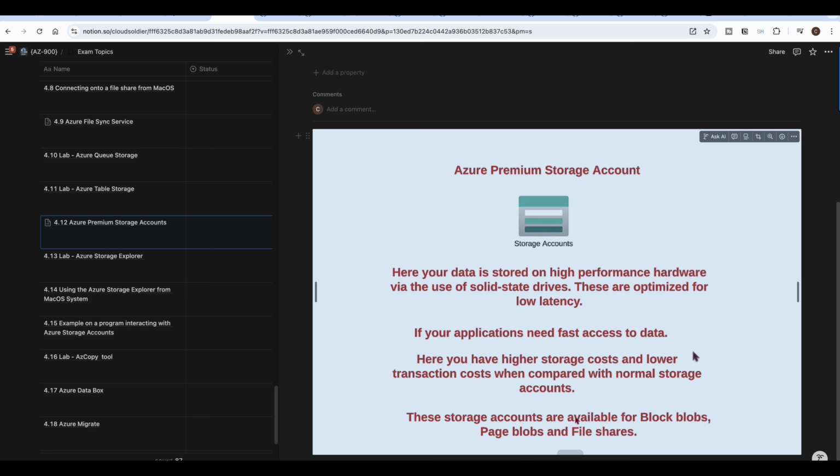These storage accounts are available for block blobs, page blobs, and file shares. Block blobs are for your pictures and any data, page blobs are for your virtual disks, and file shares, as you know, you can access from virtual machines. So let's quickly create